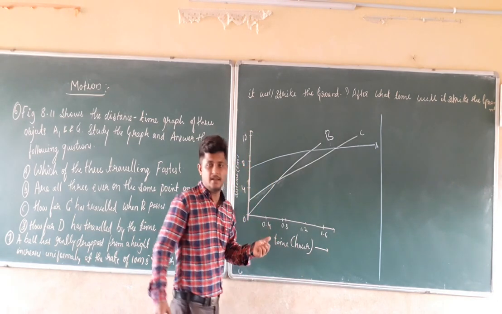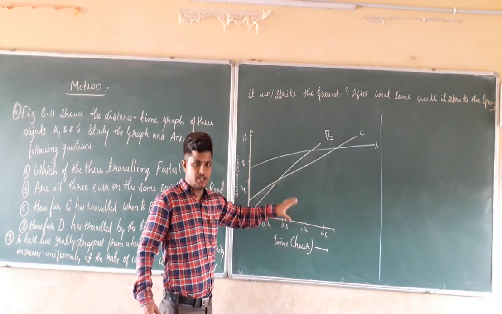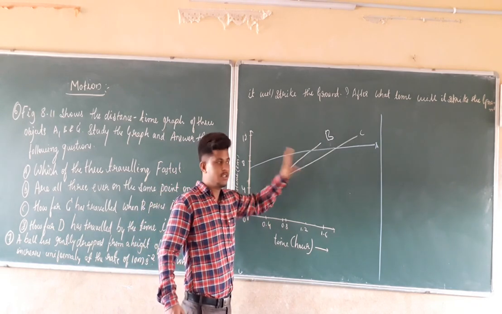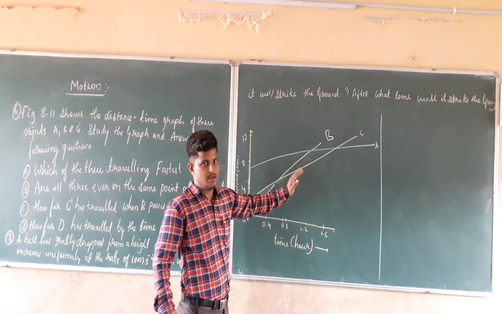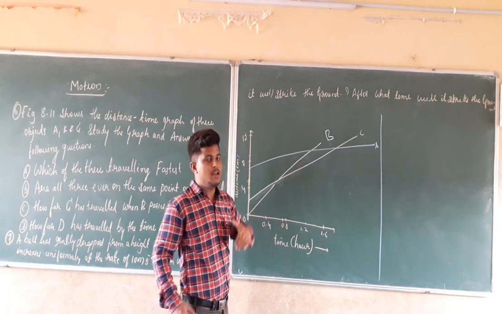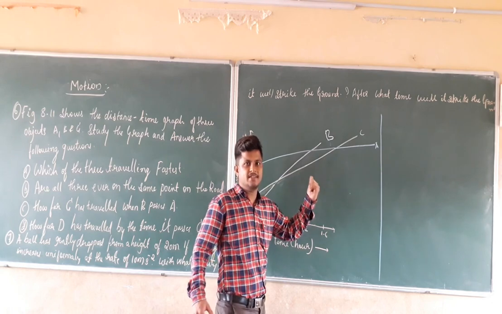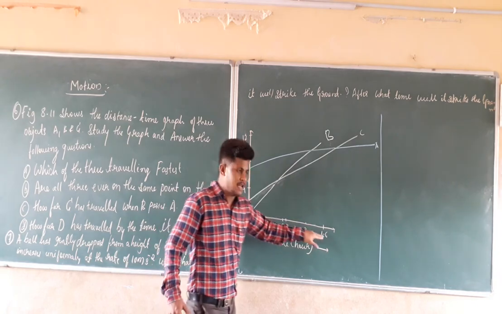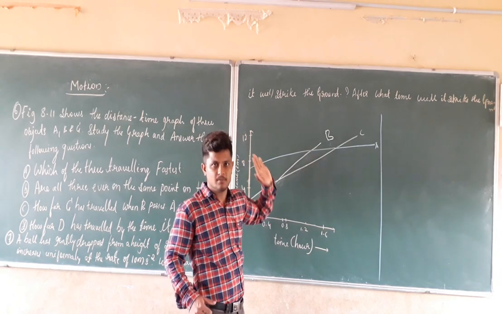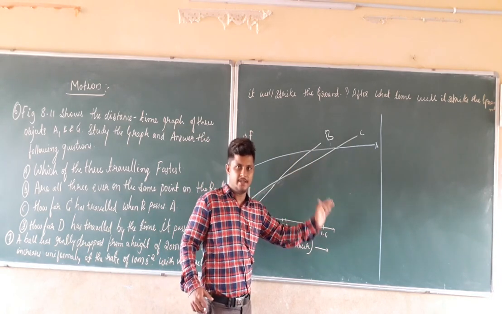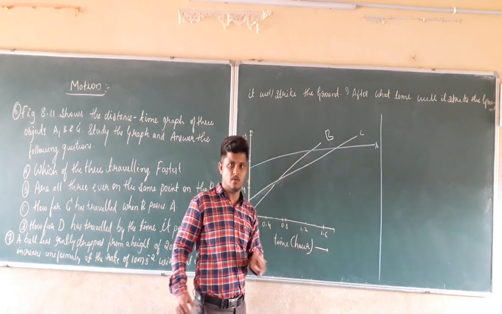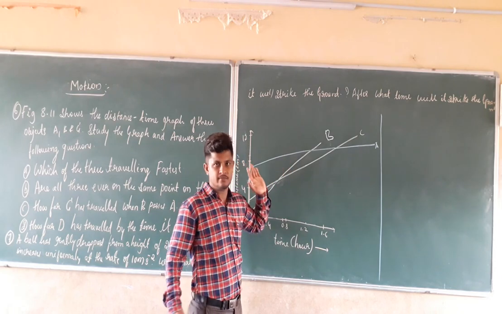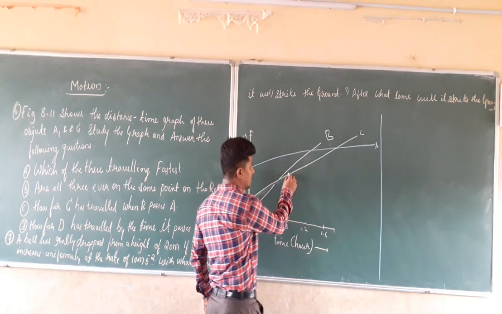In the same manner, use a graph sheet, draw this question there, and try to find out the slope of each of the objects A, B and C. When you do that, you will get B as the fastest. The speed of B will be the fastest. Why? The time taken is less, but the distance covered is more. Either you can solve it like this, with total distance covered divided by time, or you can find the speed by using the slope of this graph. Slope is something we can draw like this.